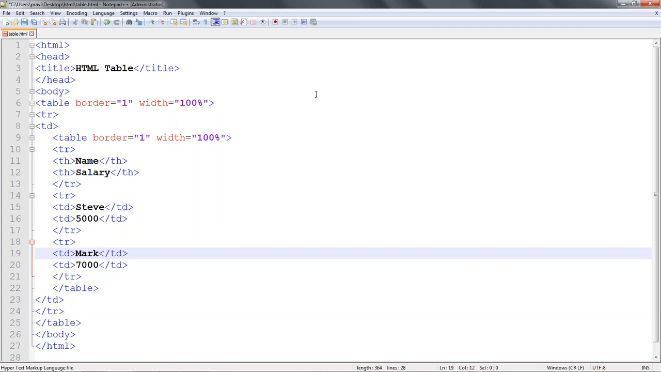Actually, this example is the best example for a nested table. We are creating a table here with the border 1 and with 100% width, and we created a table row here, and we created a table data here, and we are creating one more table with the border 1 with 100%, and we are creating a table row